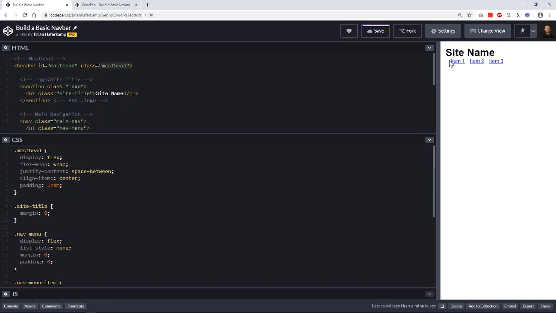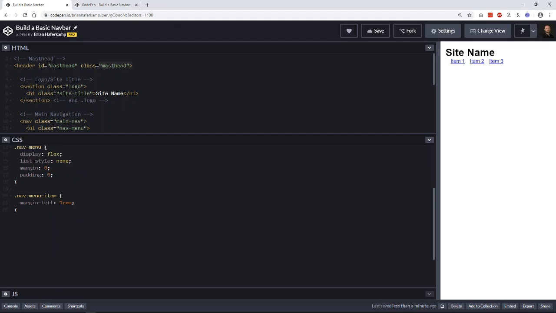Now I told you before that we're going to run into some issues with this margin here, right? So we can see the issue now. We're going to have to clear that. So let's take our nav menu item, and we only want there to be margin when it's more than 400 pixels, right? So at media, and the minimum width needs to be 400 pixels. And let's just take our nav menu item here, and we'll just cut it, paste it in there, clean up the formatting a little bit, and now